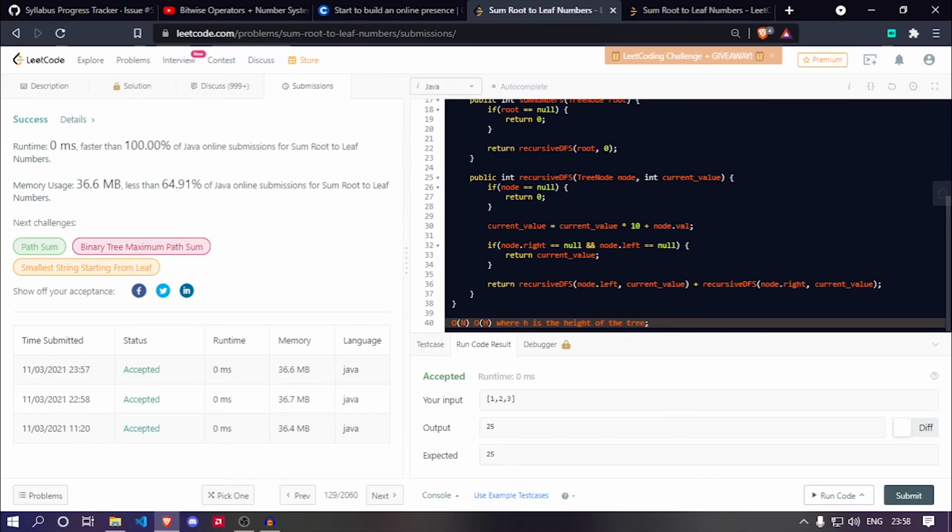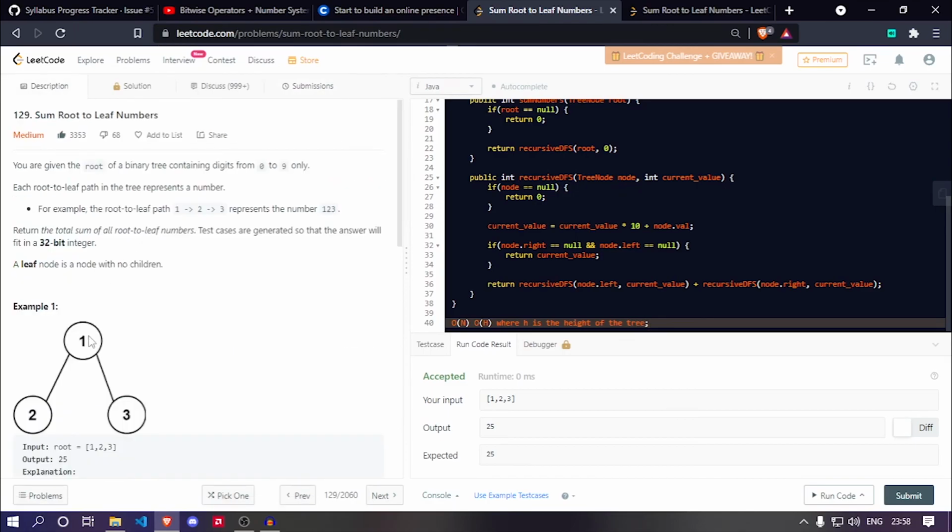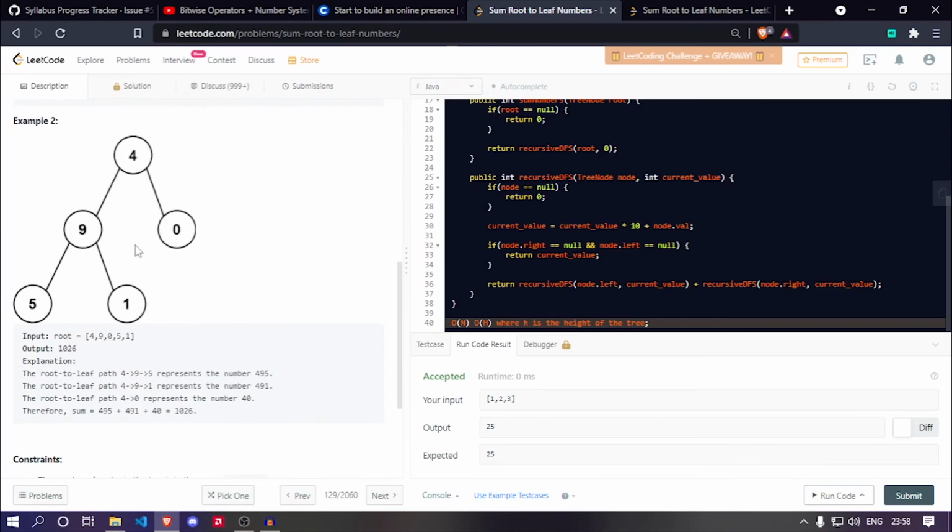As you know, the height of the tree is the distance from the root to the leaf node, and the traversal would be as deep as the height of the tree.